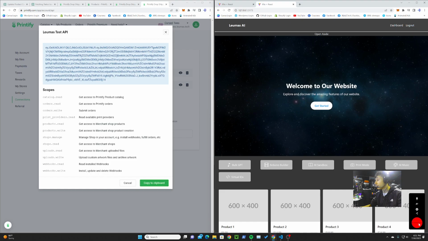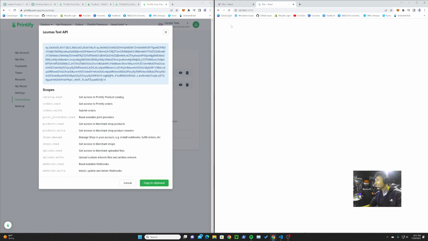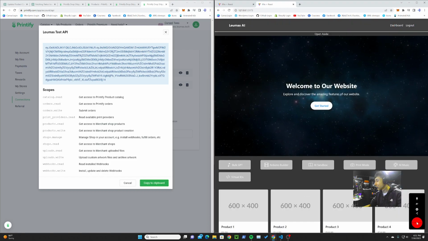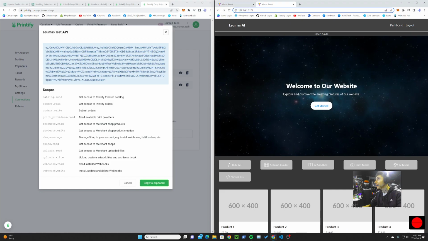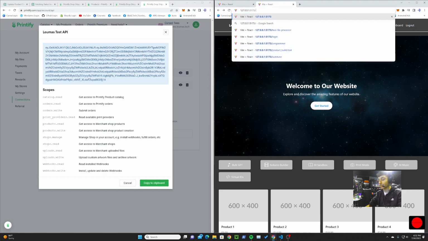We can even say, create Printify 50 t-shirts. Create Printify 50 t-shirts. Okay, well, I'll show that later at the end of the video because I gotta get the command for it, but it's a little buggy, but essentially it's supposed to navigate us over to the text file processor,